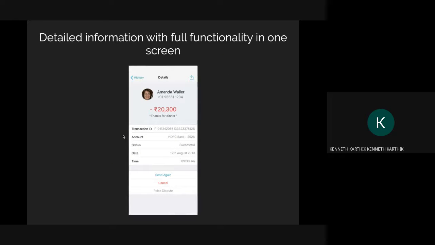So that was basically because we were also providing additional stuff for full functionality with one detailed information card screen, where you can share your transaction and the details related to that, but all your private information still stays private. You don't actually share your bank account details, because obviously you don't want to. Even though it's your app, you don't need to see your entire card number, see the status, and if you had an issue with that payment, you can raise a dispute right there.